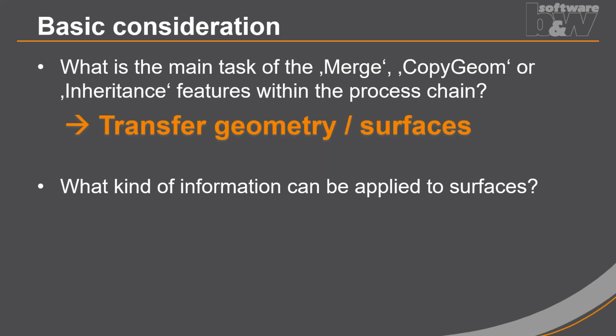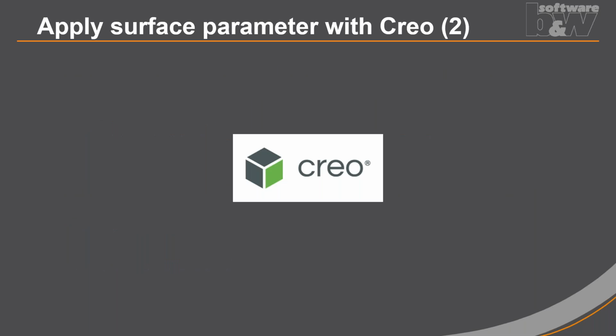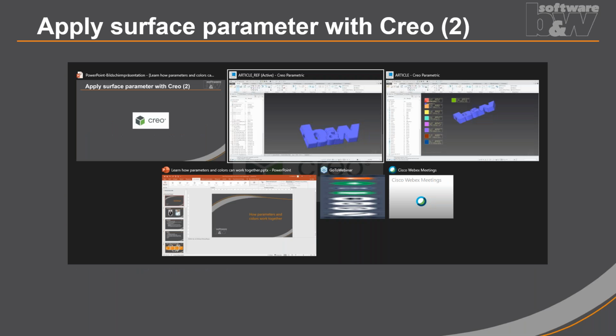But can these surfaces also transfer information? Yes, they can transfer colors. So we have seen that this is possible, but we also have seen that it's very error prone to do so. And there's another thing that we can transfer like this. These are surface parameters. And this is what we want to have a look into a little bit deeper. Let's go back to my Creo